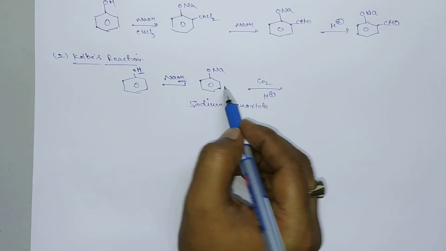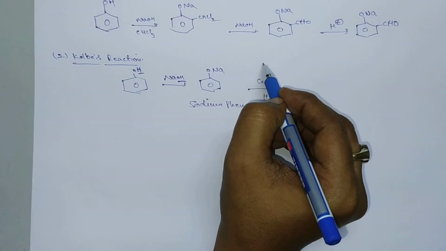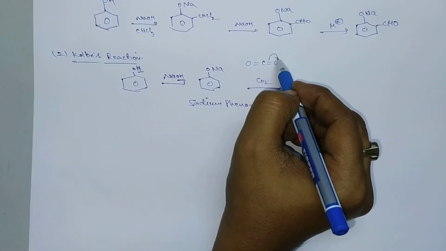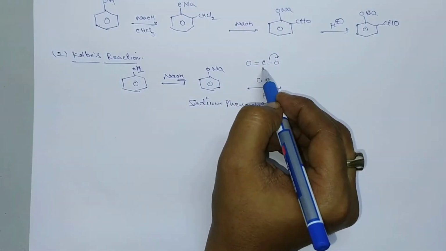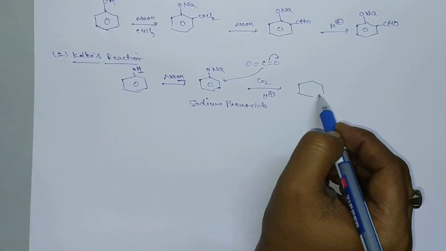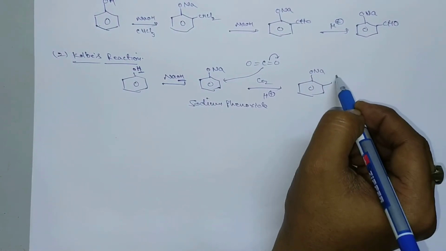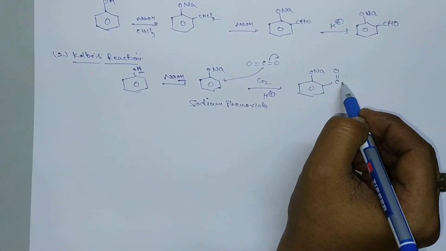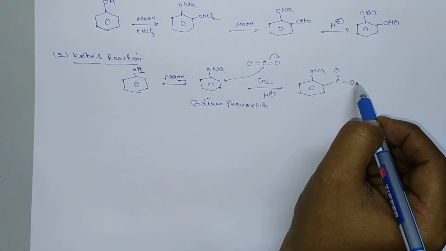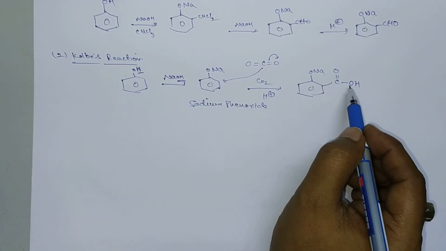This reacts with carbon dioxide in acidic medium. What is the structure of carbon dioxide? Carbon dioxide has linear geometry. So this is like this. Now if you polarize these two electrons, this carbon will be attached at the ortho position. So then it produces like this. Here ONa and C double bond O and O minus will be there. So that O minus reacts with H plus to produce COOH. Okay. So ONa and COOH.